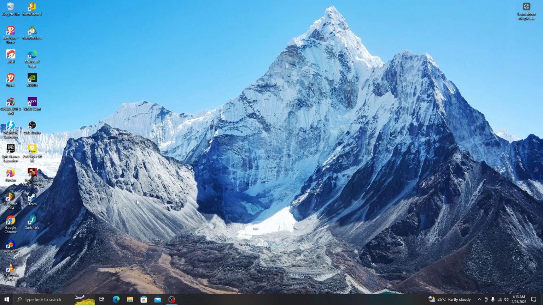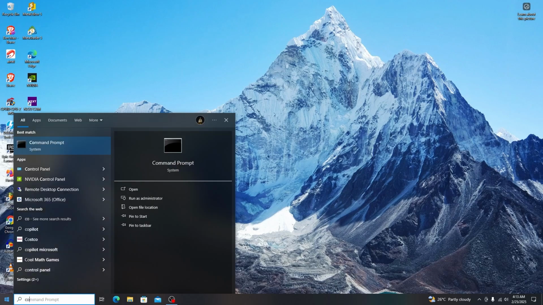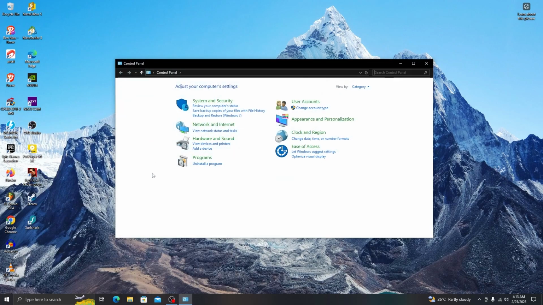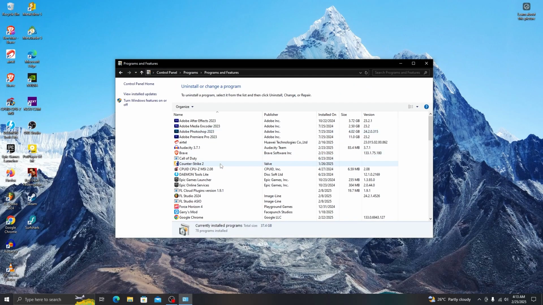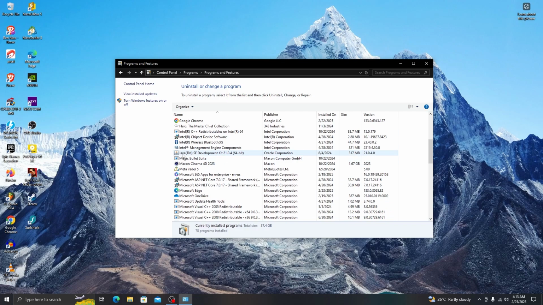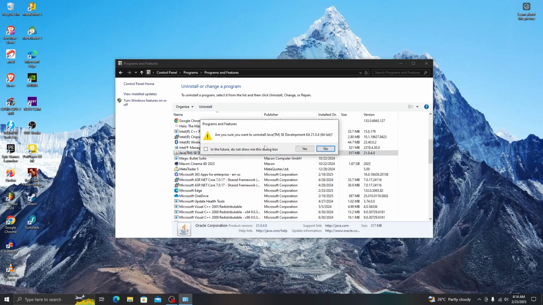So to uninstall this, go to Control Panel and go to Uninstall a program and click on this installed Java version. So in here, as you can see, I have installed Java version 21.0.4. So select that installed version and hit uninstall, and it will ask you something like this, and